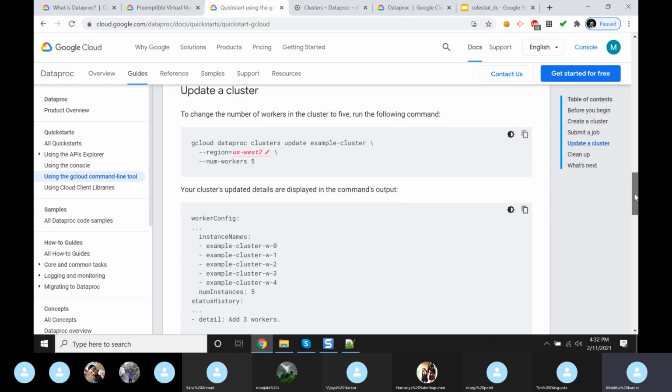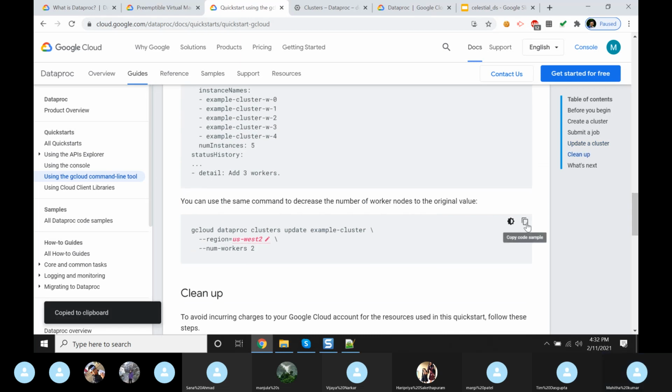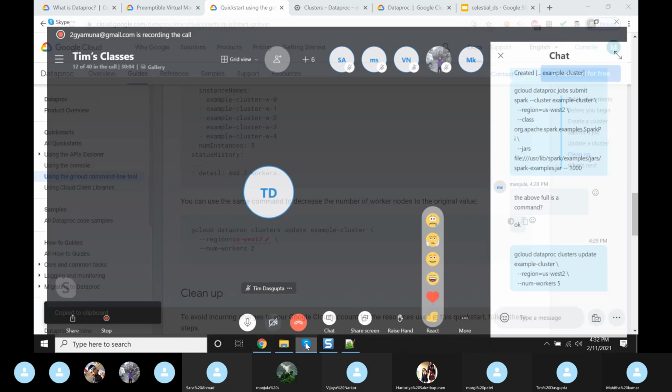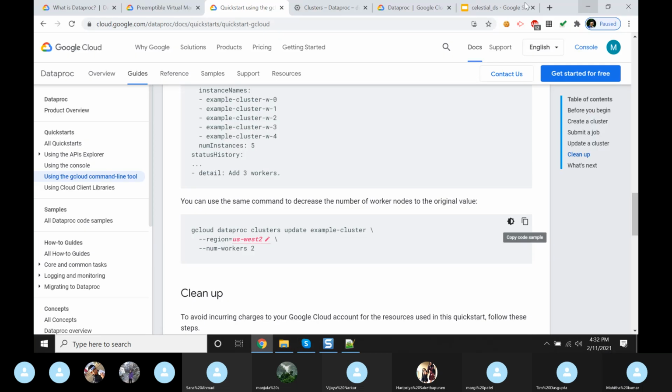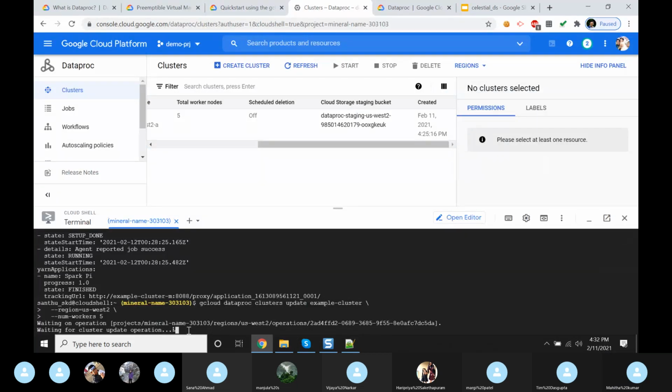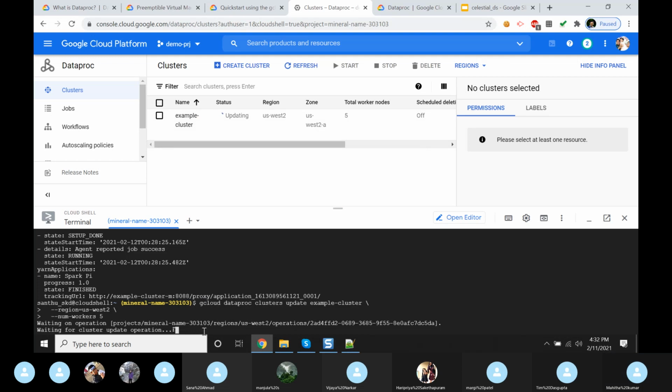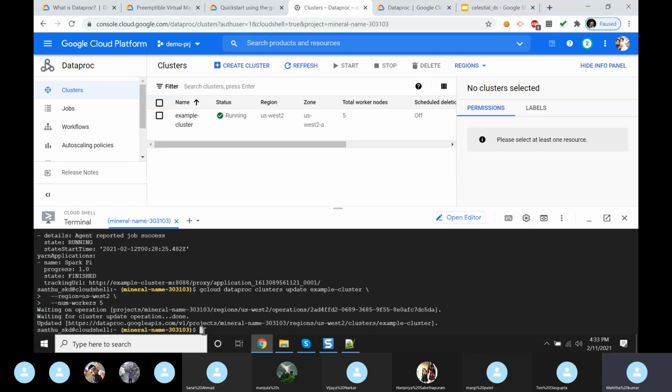And we also can delete by using similar code. It's still saying waiting for cluster update operation. Yeah, it got updated now.